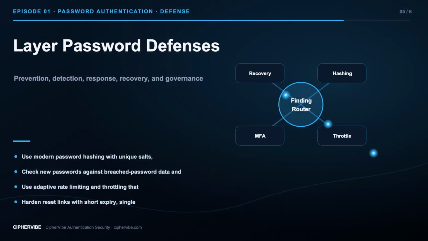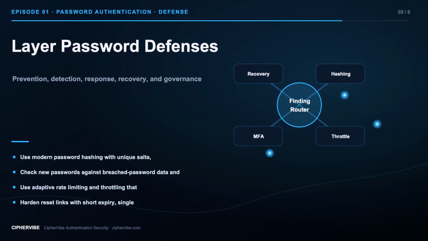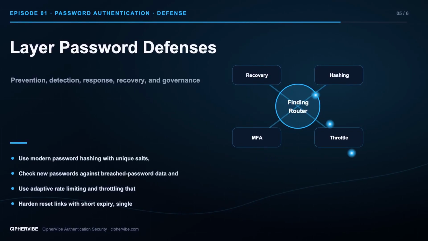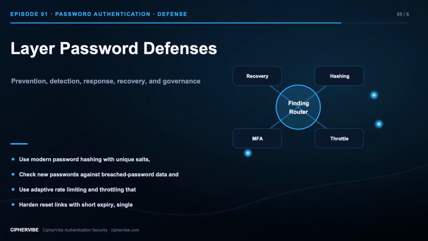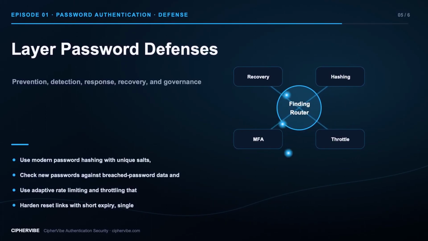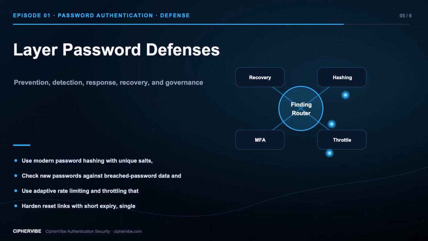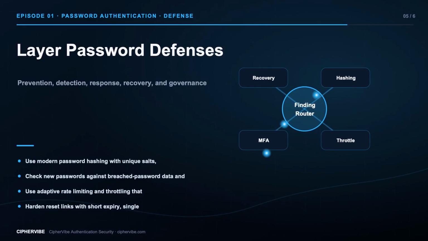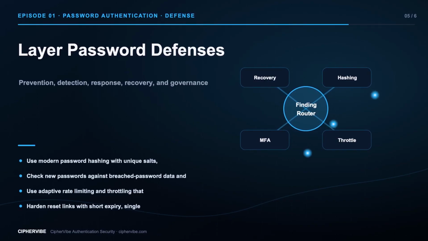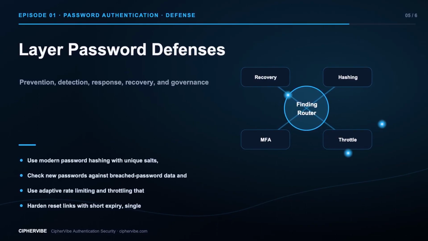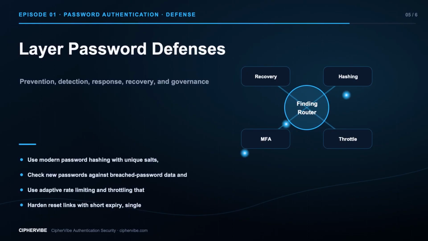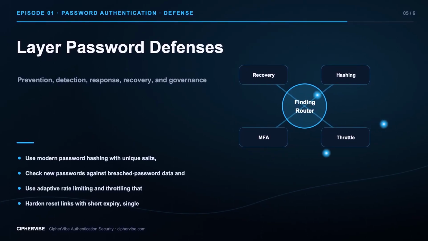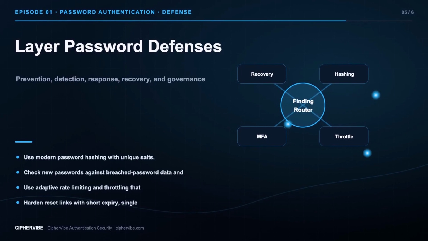Reliable security uses layers because no single control can prevent every failure. First, use modern password hashing with unique salts, tuned work factors, secure migration, and protected configuration for any optional pepper. Second, check new passwords against breached password data and reject commonly used, compromised, or context-specific weak passwords. Third, use adaptive rate limiting and throttling that considers account, source, device, network, credential, and reset behavior without creating easy